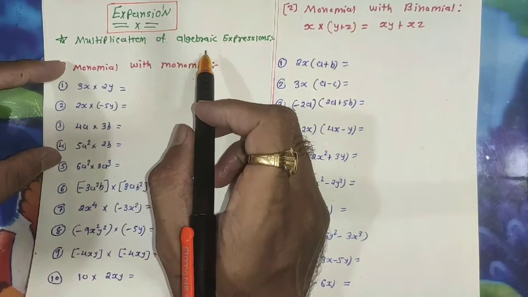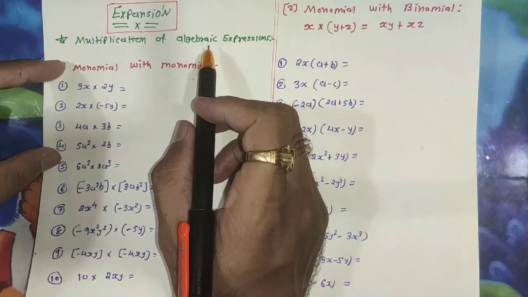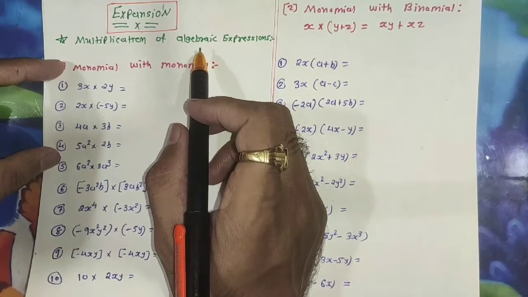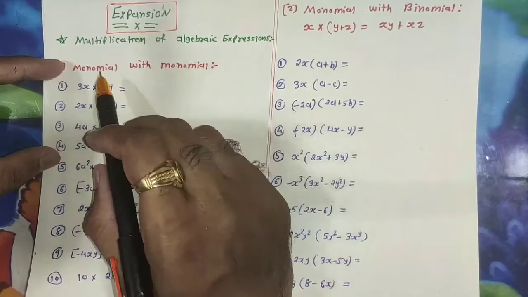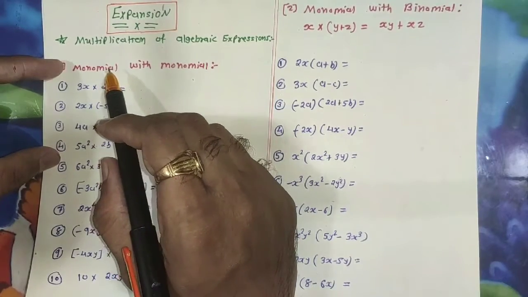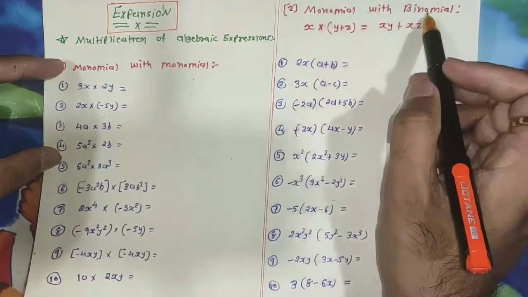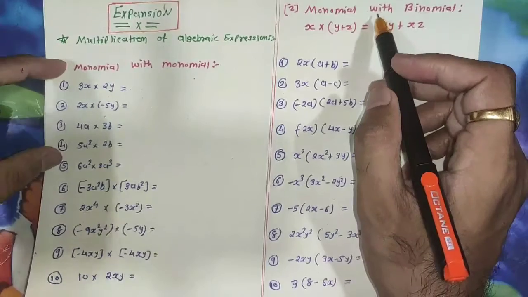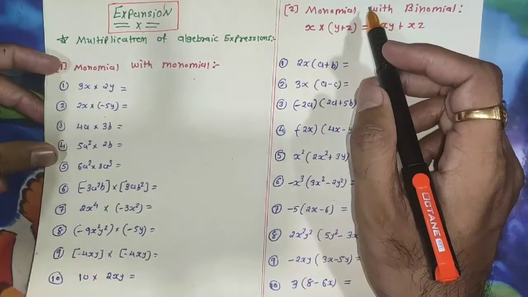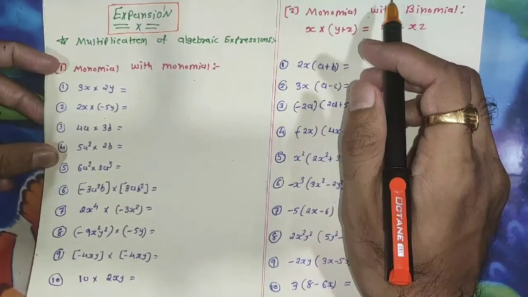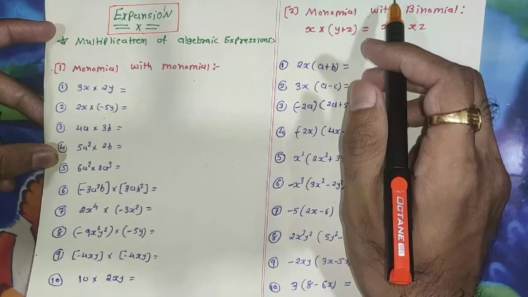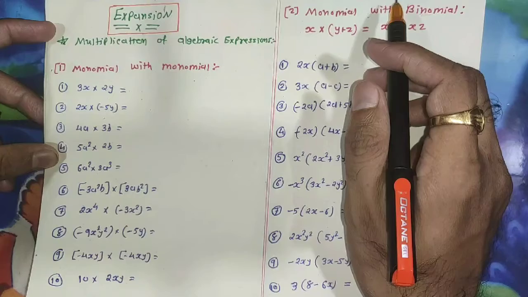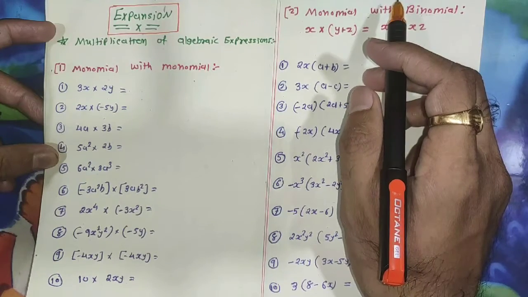We have discussed different types of algebraic expressions according to their terms. If the number of terms in an algebraic expression is 1, it is known as a monomial. If the number of terms is 2, it is known as a binomial. If the number of terms is 3, it's a trinomial. According to the different types of algebraic expressions, we will consider different ways of multiplication. Clear students? First we will discuss the basic type of algebraic expression, which is the monomial.